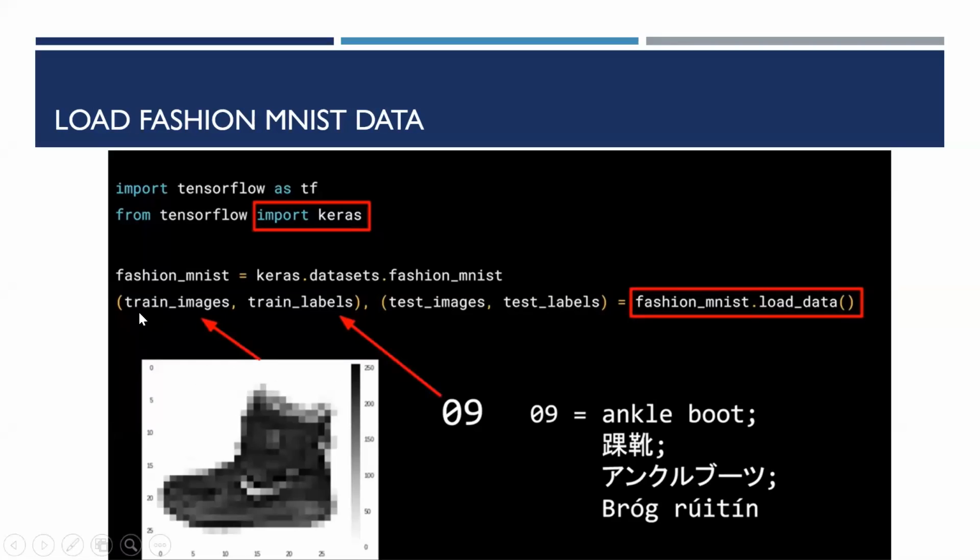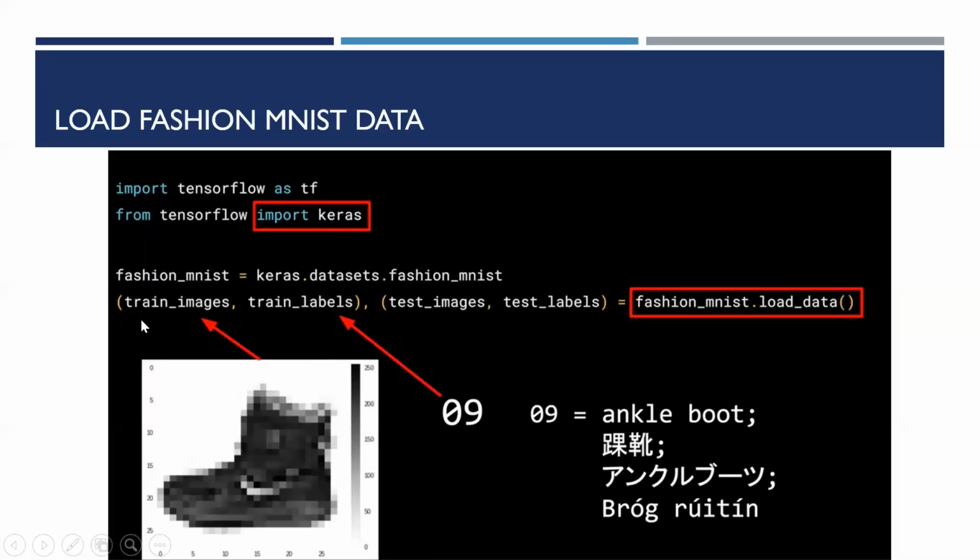So this FashionMNIST data is classified in that way. You will have 60,000 training images, and then you will have 60,000 labels. What do we mean by label? The image could be a shoe, and then the label says okay, this is an ankle boot, so the label is 9. We use this numeric value, as I said earlier, in order to avoid language bias. Since it is 9, it can be understood by people who understand Japanese or Chinese or whichever language. So we'll be using these training labels.